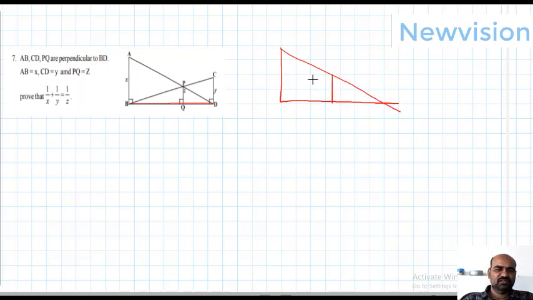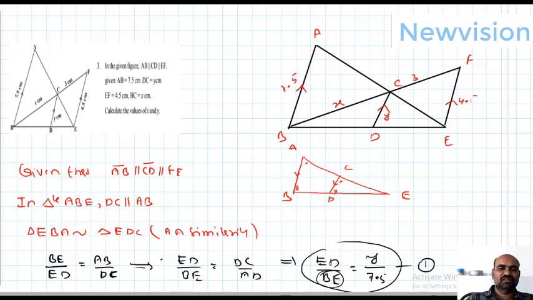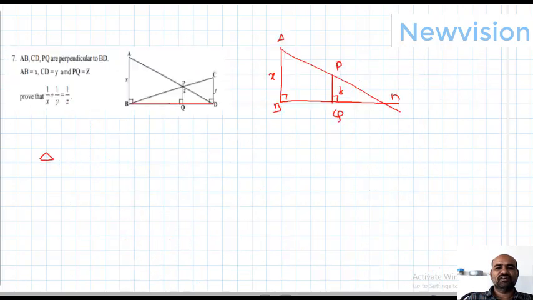So this is one right triangle, A, B, D, 90 degrees. This is X, this is Z, this is Q, this is P. First of all, write the triangles smaller to bigger. In the previous problem, example 3, also we wrote smaller to bigger. If you write smaller to bigger, there is no need to use inverted ratios, and you directly get this result. That's why I want to write smaller to bigger.